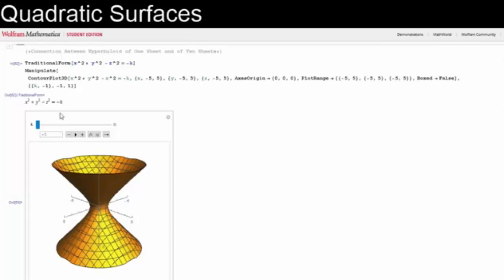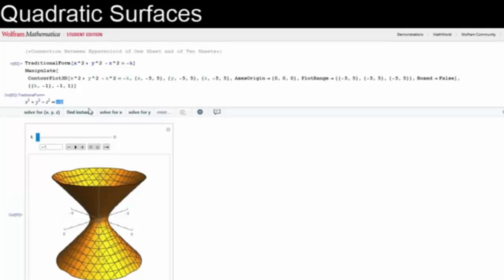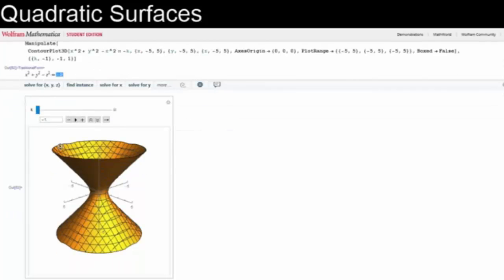So I set it up so k starts at -1. So effectively, the negative k starts at 1 and then goes to -1 as k goes from -1 to 1. Right? So here's the connection